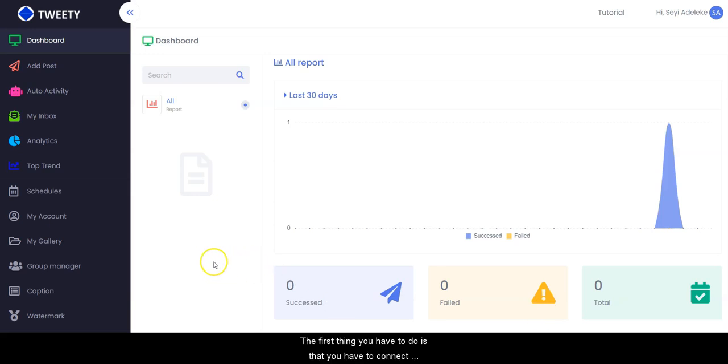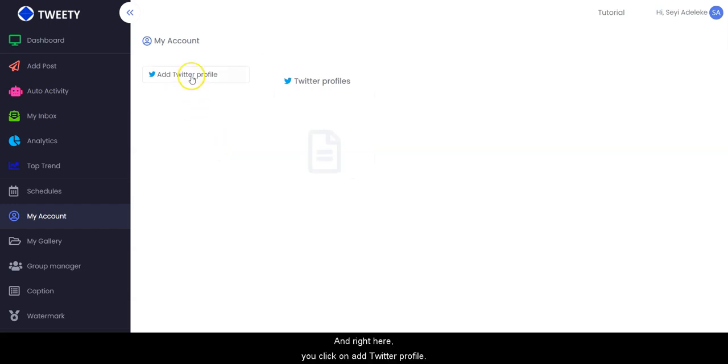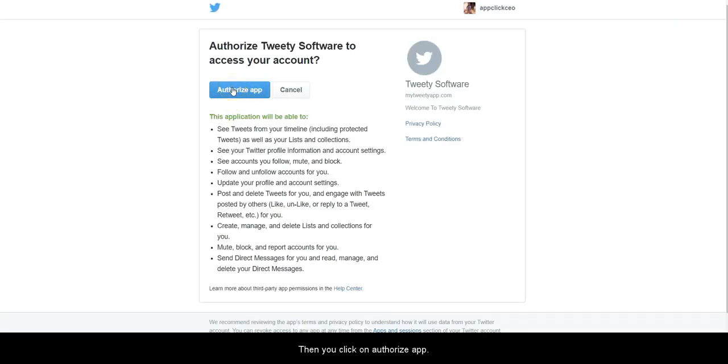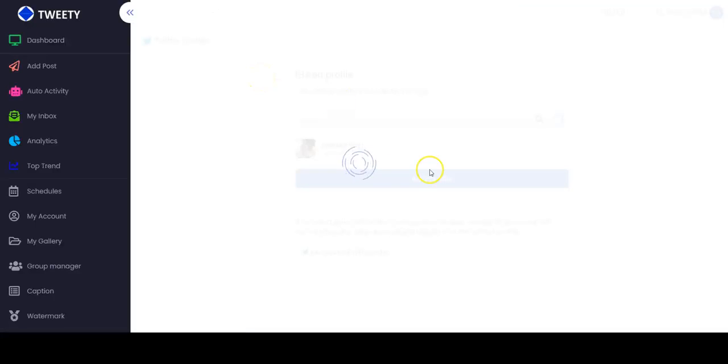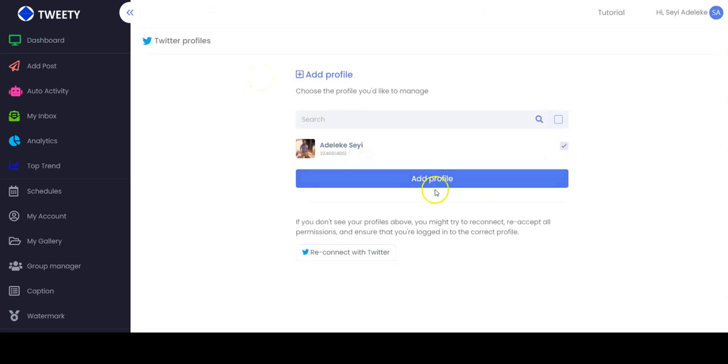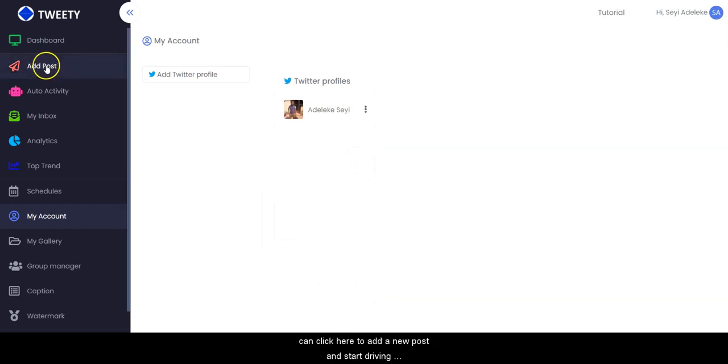Alright, now the first thing you have to do is connect your account to Tweety, and you do that by clicking on My Account. Then right here you click on Add Twitter Profile. Then you click on Authorize App, and click on Add Profile. Alright, now your account has been connected to Tweety, and you can click here to add a new post